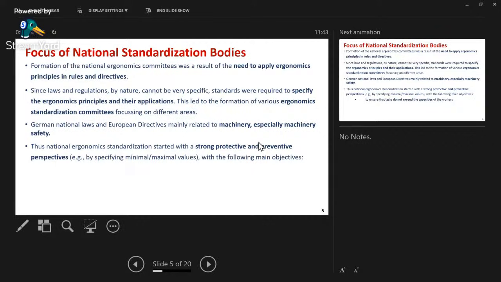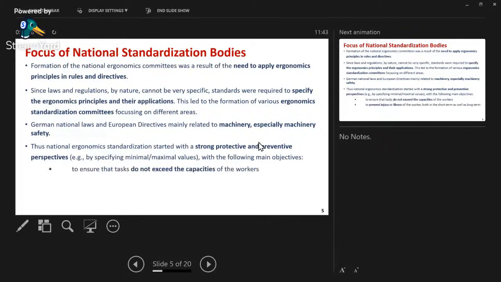So these standards were required to specify the ergonomic principles and their applications. The level of the table, the dimensions of the chair, all these things were specified in the standards. And this led to the formation of various ergonomic standardization committees to determine each of these specific dimensions and requirements. The German national laws and European directives started mainly on machinery, especially machinery safety. And the national ergonomic standardization started with a strong preventive and protective focus on this by specifying minimal and maximal values